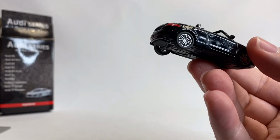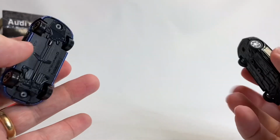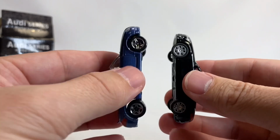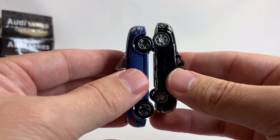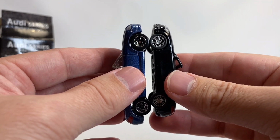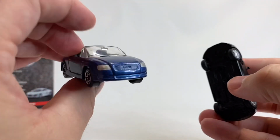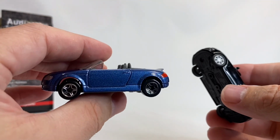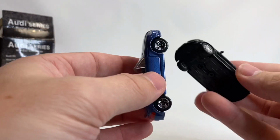One more comparison I've got for you guys. This is a small car. This is where these smaller cars are really where the lack of any kind of standardization on Hot Wheels and Matchbox started to bother me, to be honest. Look how much bigger the Matchbox TT Roadster is compared to a true 1/64 scale